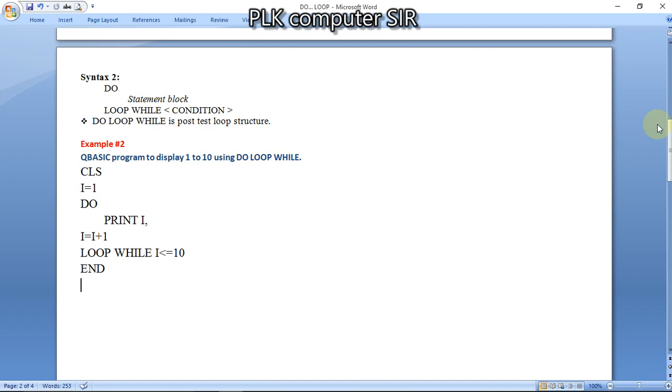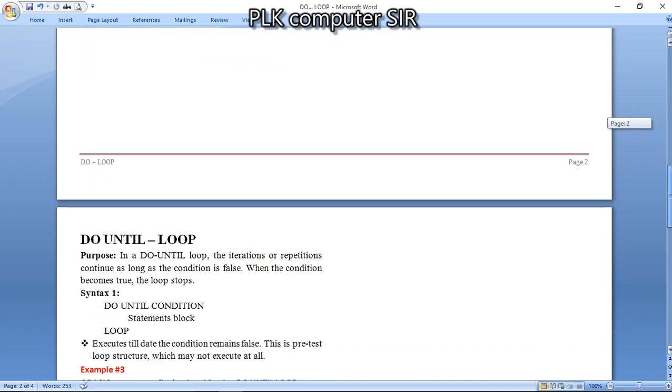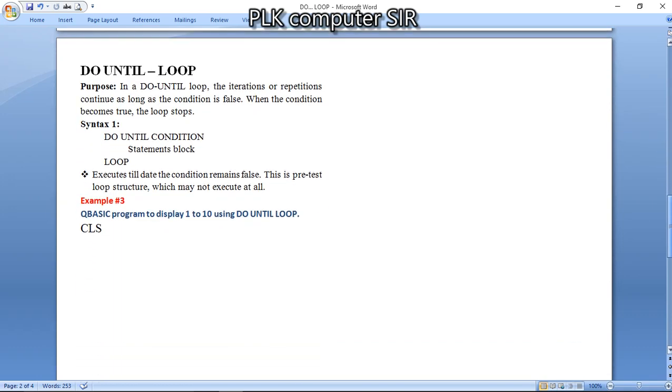Okay, now the next form of do loop is the do until loop. It is just the opposite of do while, because in a do while loop, if the condition is true it will work. But here, my dear students, in a do until loop the iteration or repetition continues as long as the condition is false.